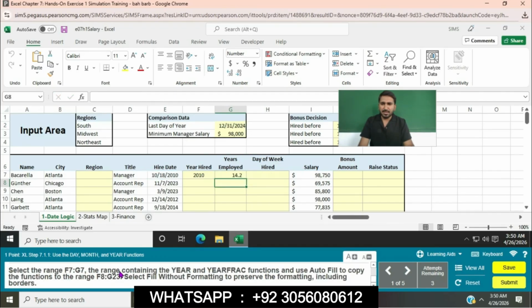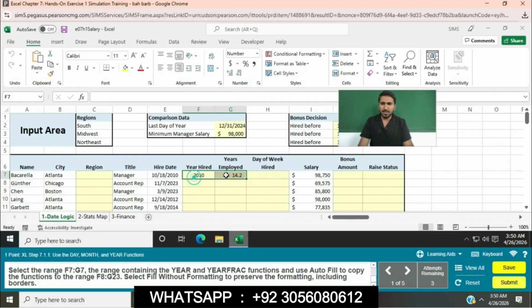Next, select the range F7 to G7, the range containing the year and DATEDIF function, and use autofill to copy the function to the range F8 to G23. Select Fill Without Formatting to preserve the formatting, including borders.